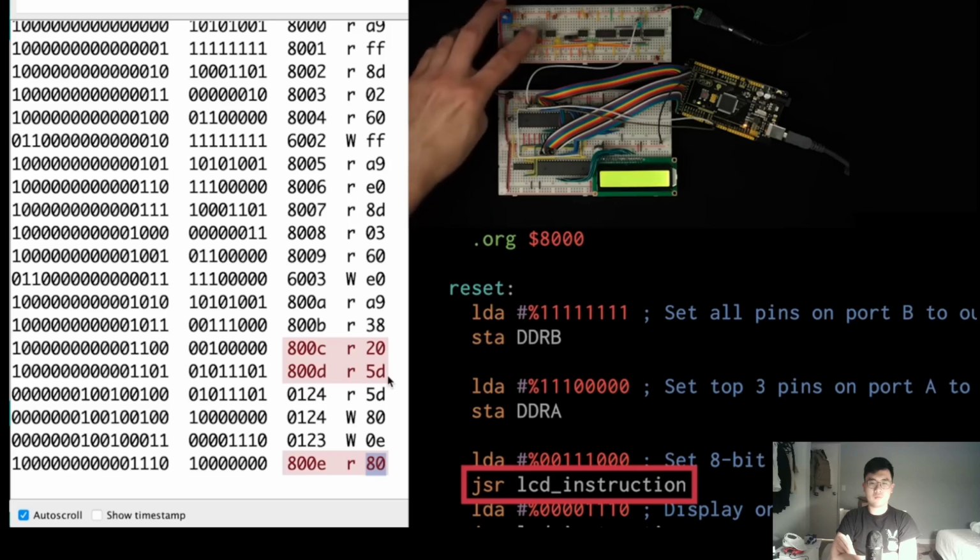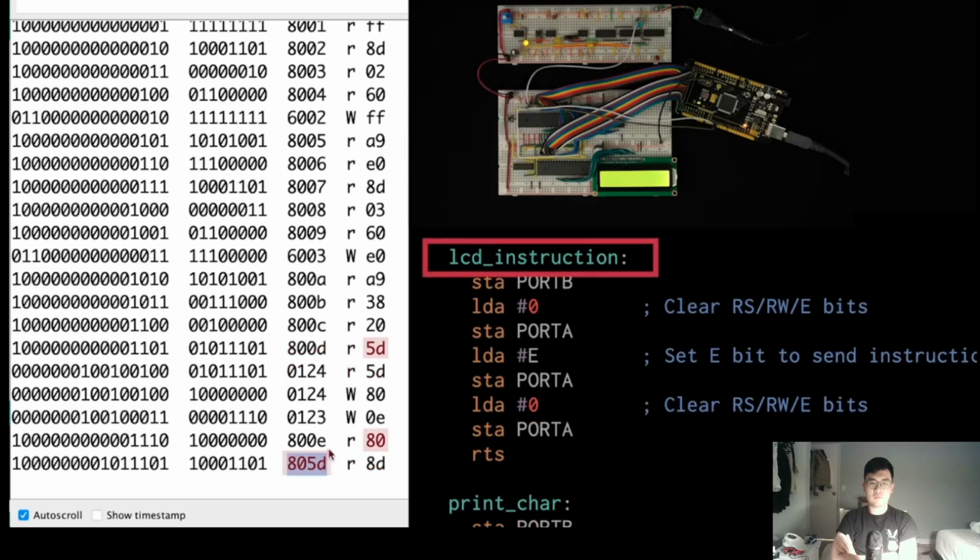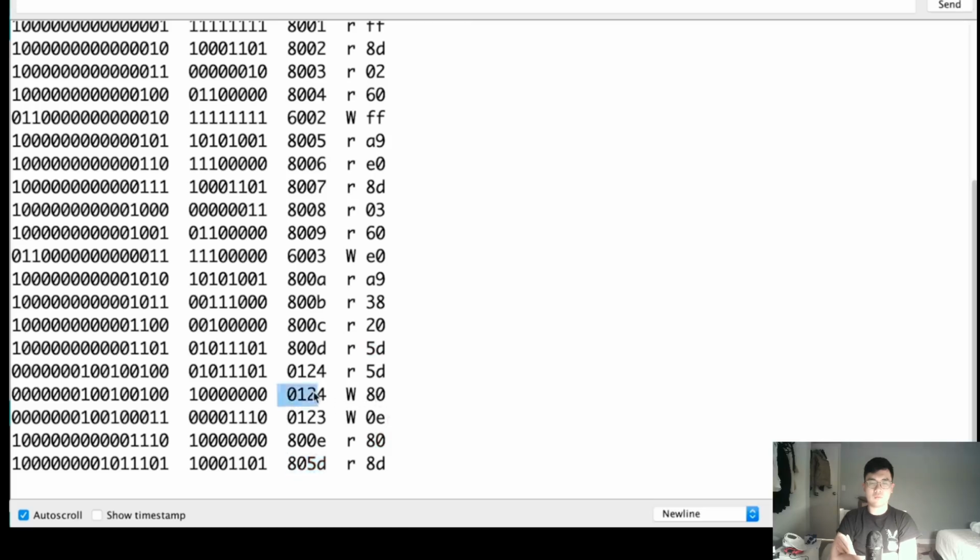And in fact, if we go one more step here, we end up at address 805D, which is actually the beginning of our subroutine. So this is doing the right thing, but it's doing something else kind of weird here with this address 0124, and it's writing some data there. So what's going on with that? And what it's doing here, particularly these 2 clock cycles here, is actually really important, because we're jumping to a